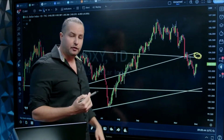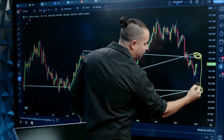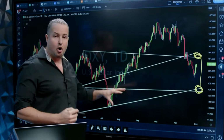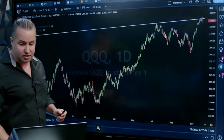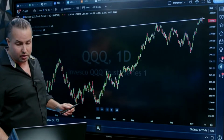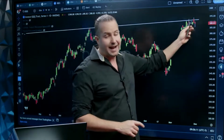That would not be unforeseen or unusual, but I still think eventually the dollar is heading down to this mega support around 101.50. Okay, so we've covered that. Now again, going back to the NASDAQ, let's flip over to the NASDAQ 100. The NASDAQ 100 here, guys, if we zoom in, you could see again, the NASDAQ 100 actually had a down